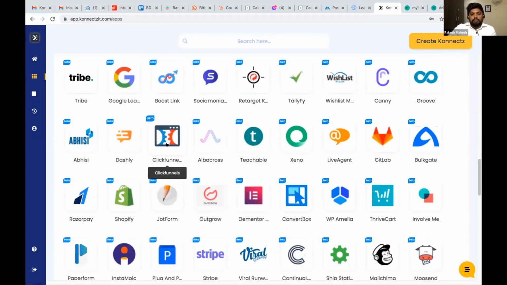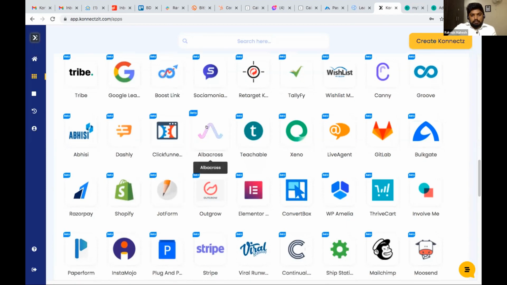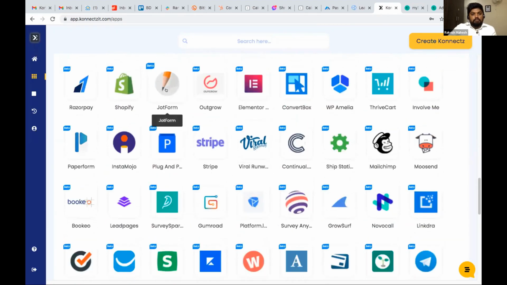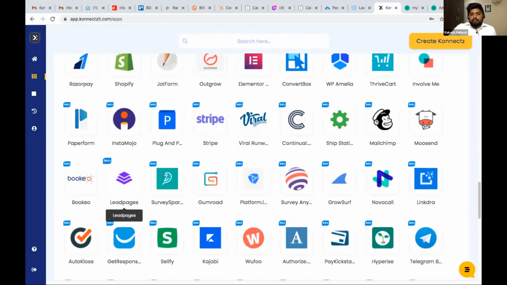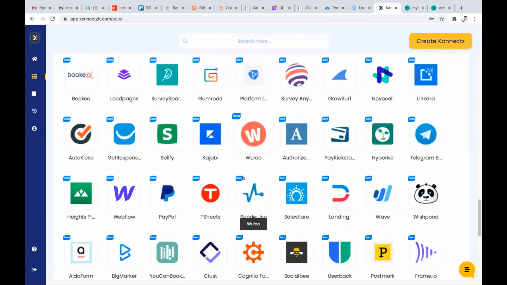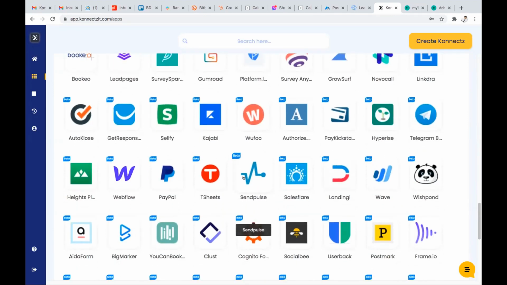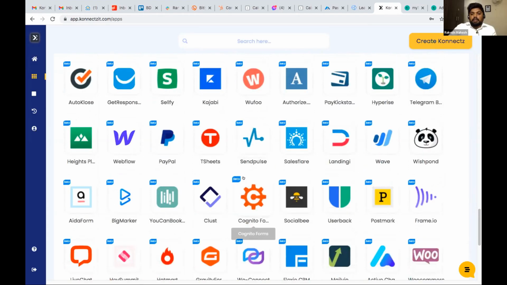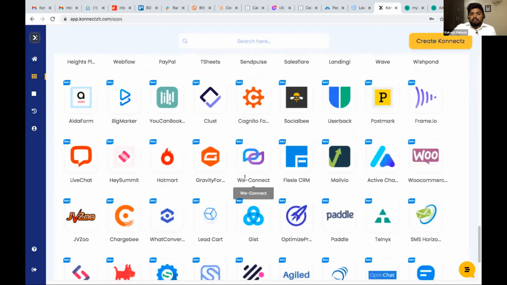We have ClickFunnels, Teachable, JotForm, and payment gateways such as Razorpay, Instamojo, and Stripe, and these are all lead pages. These are based on API, and we support both API and webhook, so we are the best of both worlds.